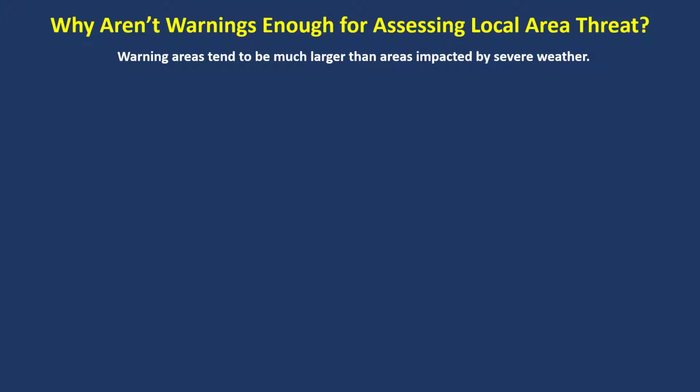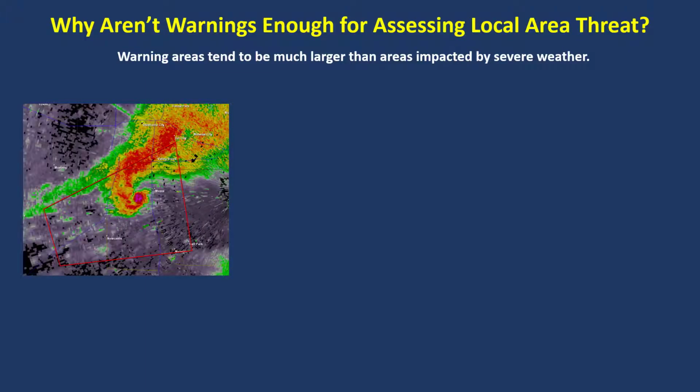Now, a neighborhood storm watch can operate based solely on warning issuances, alerting neighbors when a warning is issued that includes the local area. However, severe weather tends to occur only over a small portion of the warning area. Here's an example, with a storm tracking across the northern half of a warning area shown in red. So the main threat area is shown in this white polygon. Areas in the southern part of the warning area are not in imminent danger, with the storm passing to their